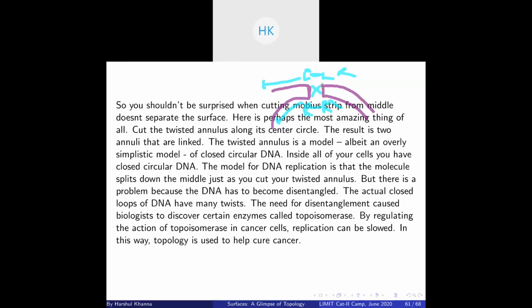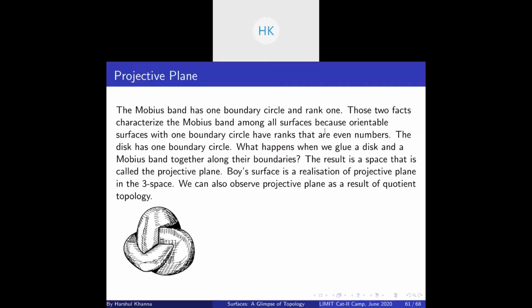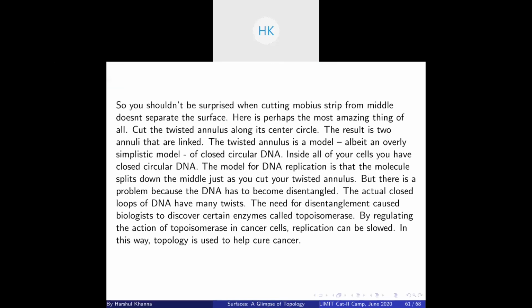When you cut it along its length from the middle, you get two surfaces. You can again reason by the same logic that left maps to left and right maps to right in an even number of half twists. So a very interesting application of this: when you cut the Mobius strip from the middle, you get a strip with one full twist.